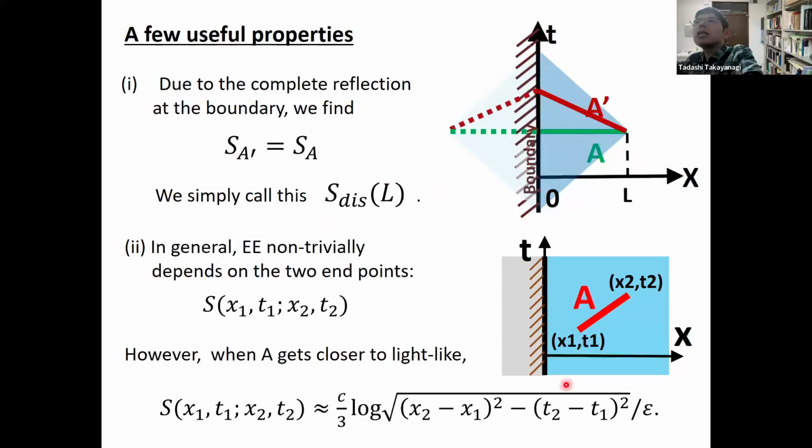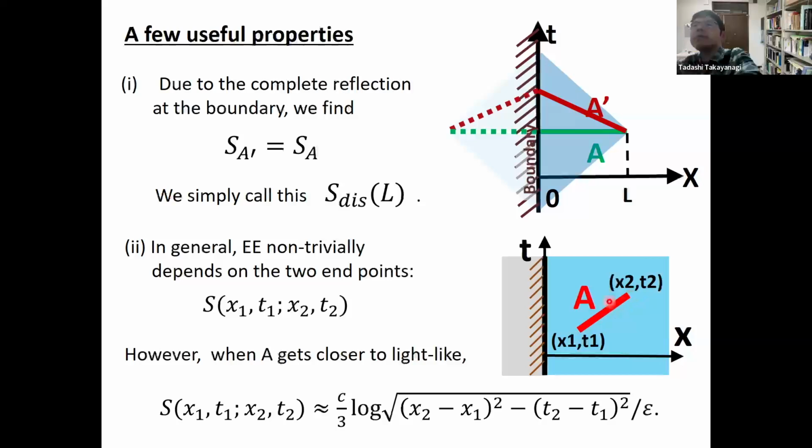And the other trick: in general we can talk about a tilted subsystem where both ends are not at the boundary. But still in general it's quite complicated, right? It's a four-parameter problem. Even if we have strong subadditivity inequality, it's very difficult to simplify. But there is a trick: we boost this interval to almost light-like. So if A gets closer to light-like, we can approximate with the well-known log formula, c over 3 log. This is because in that limit